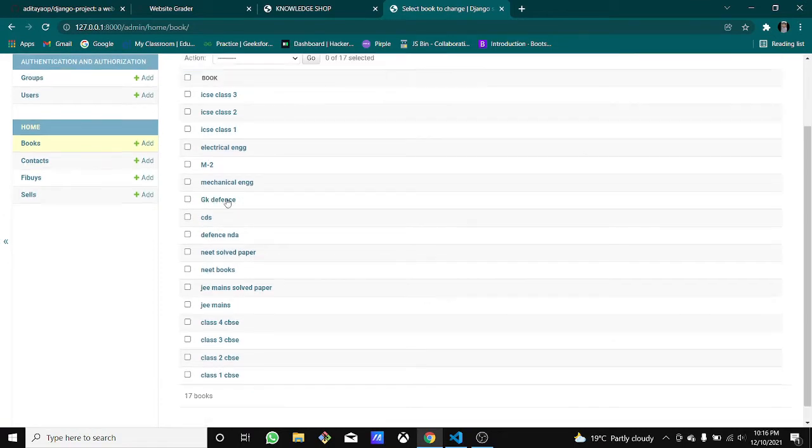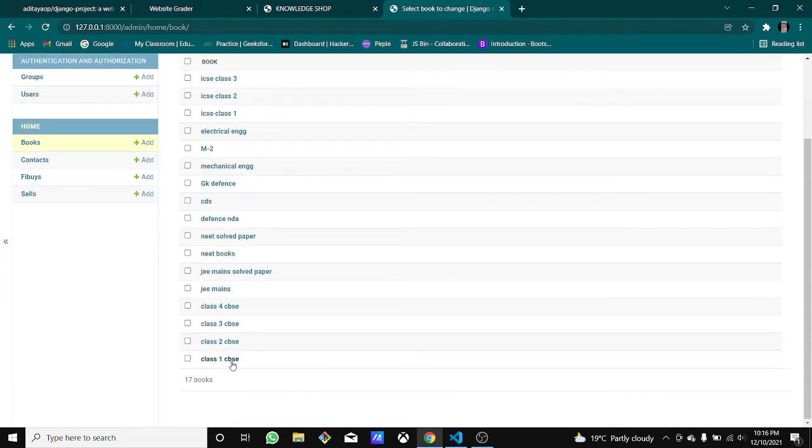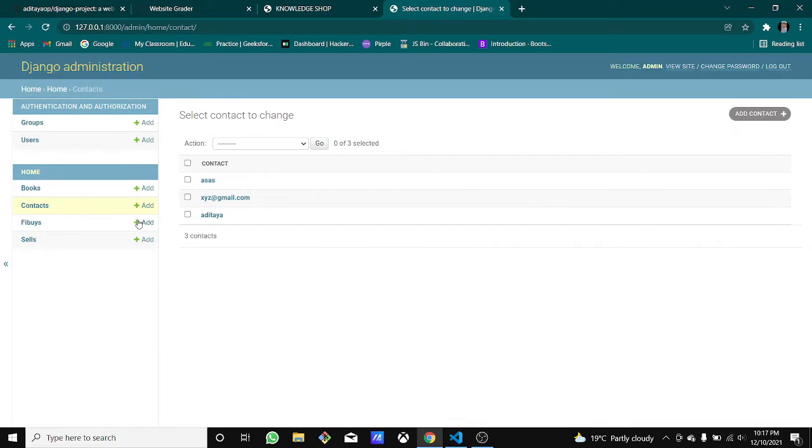Okay, so all the database, all the books that we have, whatever you buy or whatever you sell, accordingly we get the information about you and what you have bought, so that we can provide you that. Okay, and if you want to contact us for a particular reason, if you have any query, if you have any problem, you can contact us. This is also a particular thing that you have.